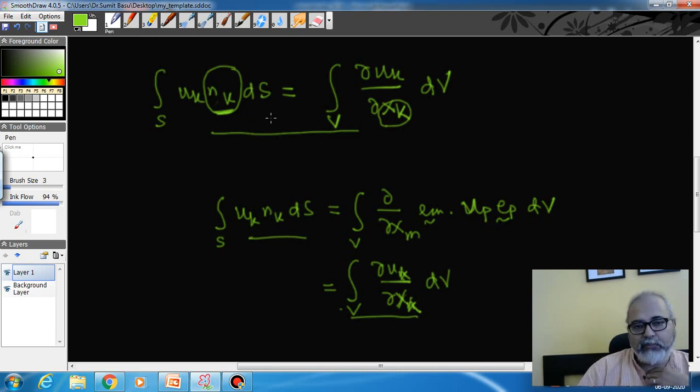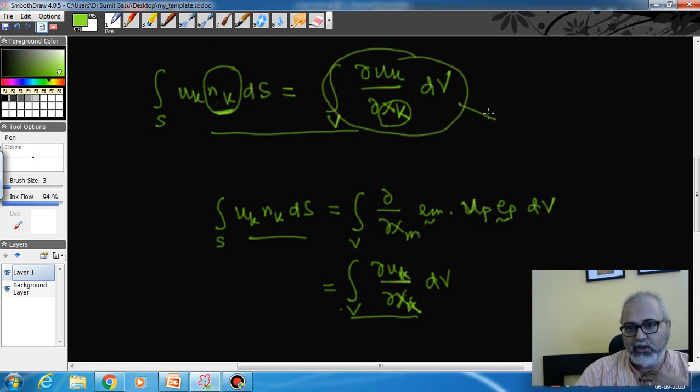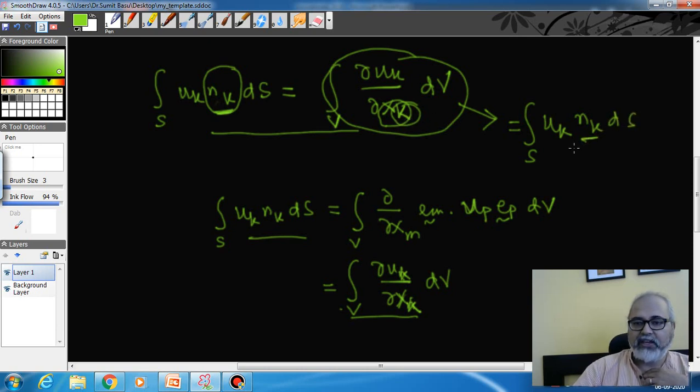So a quick way of applying the divergence theorem is that whatever is the index of the normal will become the index of this. So if you are given this expression and you have to convert it into a surface integral, you will just see what the index of k is, and you will write uk nk ds directly. You will use the index of x to make it the index of k in the surface integral. Okay,